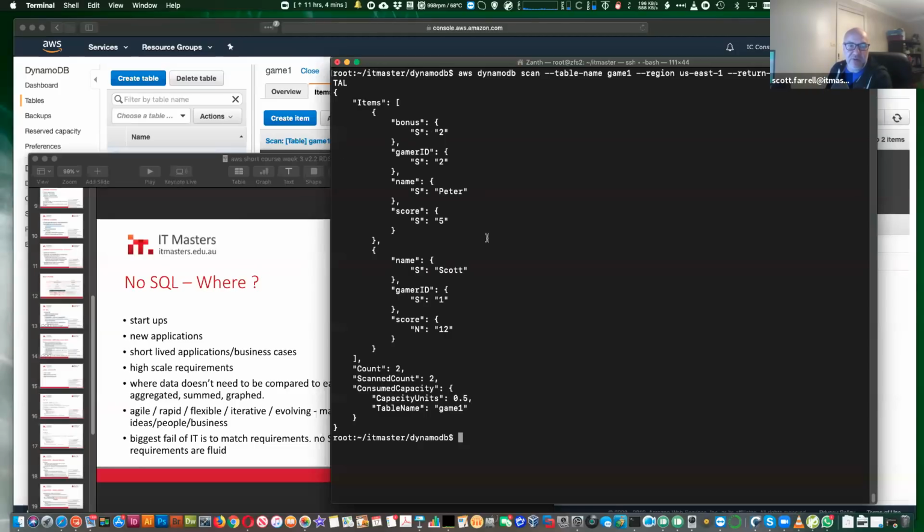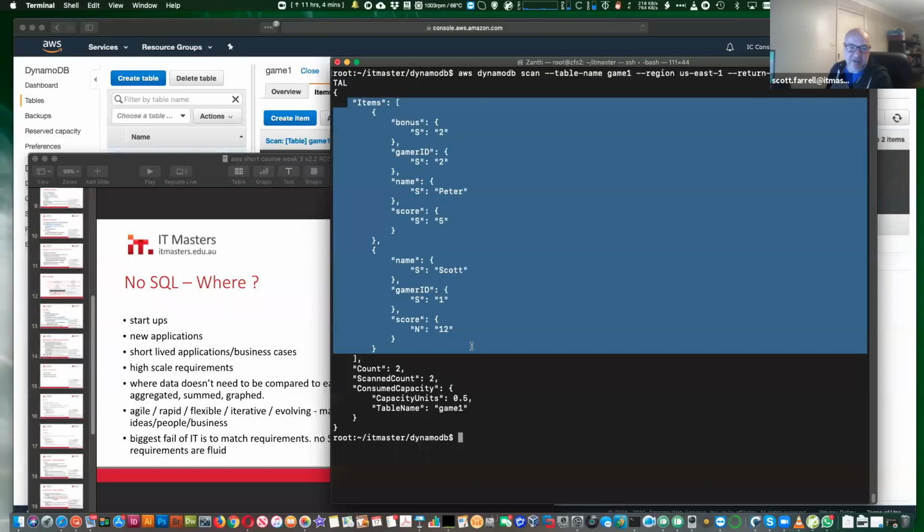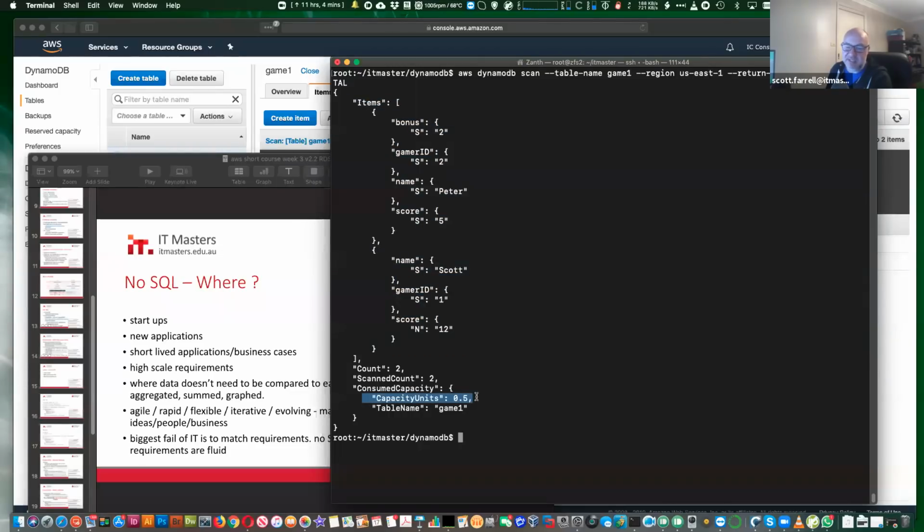So that one read, because I did it in the least restrictive method, and it's returned, I don't know, a lot less than 1K of data, they sort of use half a read capacity unit somehow. So I haven't returned much and they count it as half. That sounds fair to me. But that's the way you can really learn about how much your reads and writes are going to use. But roughly think about it as how many documents you're returning. One capacity unit is reading one document per second. That's one capacity unit roughly.